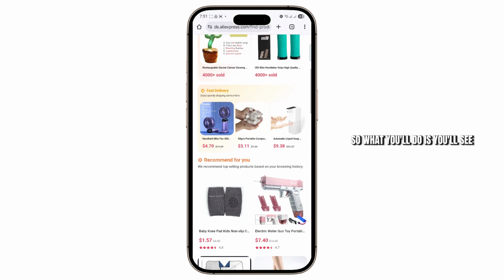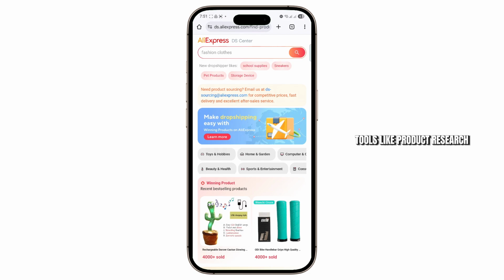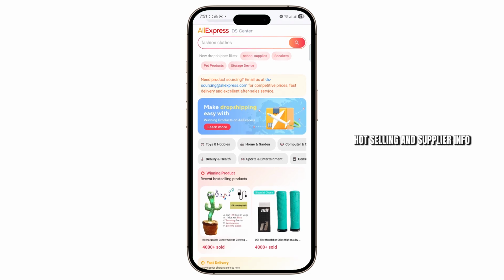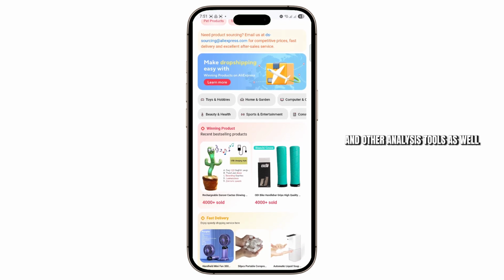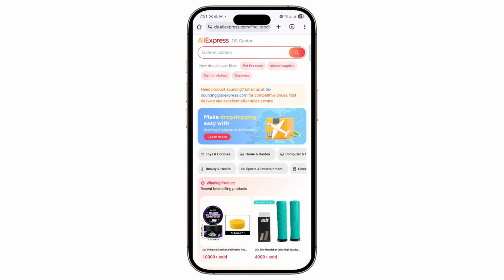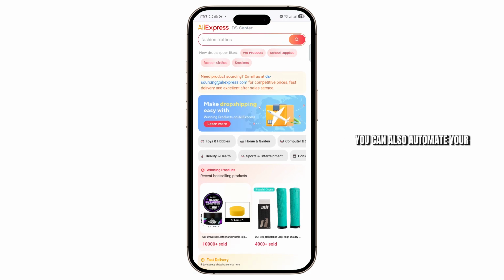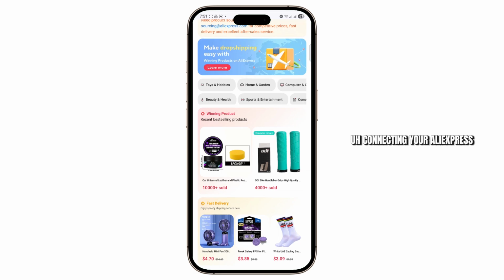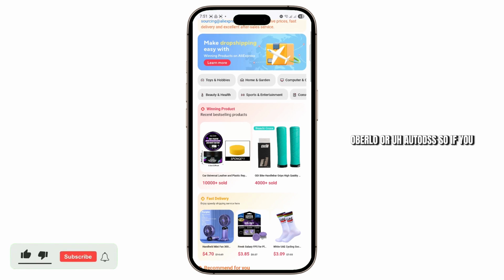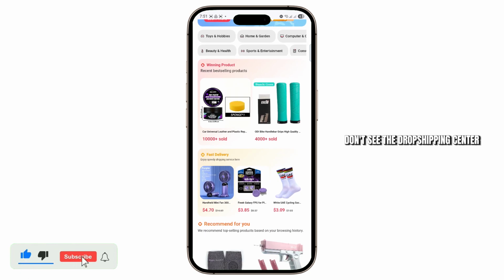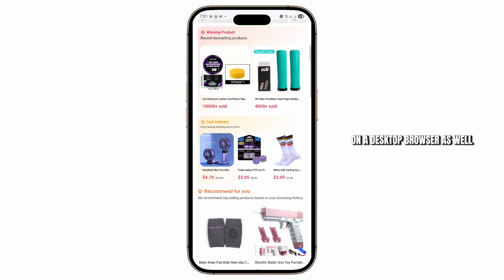So what you'll do is you'll see tools like product research, hot selling, and supplier info and other analysis tools as well. You can also automate your dropshipping, like connecting your AliExpress account to tools like DSers or Oberlo or AutoDS. So if you don't see the dropshipping center, you can try to access it directly on a desktop browser